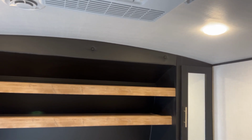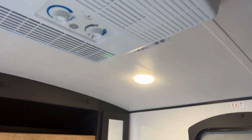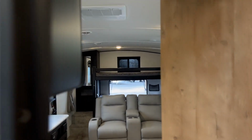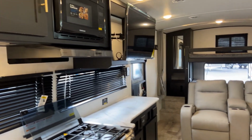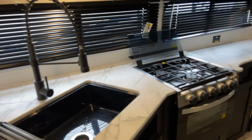Look at it. There we go. Where's it at? There it is. Okay. Second AC with quick cool dumps. So if you don't have the kids with you and you just want to chill by yourself in your new 286BHU, you absolutely can. But the calling card to this one for me, besides the flow of everything in here,